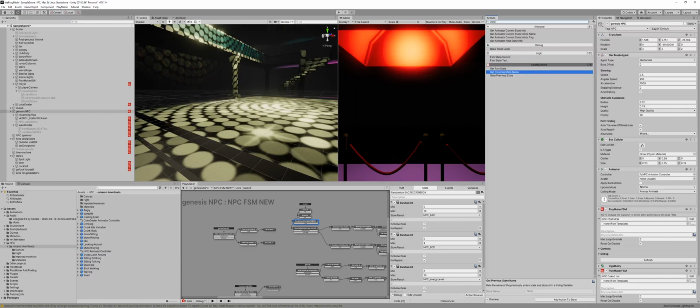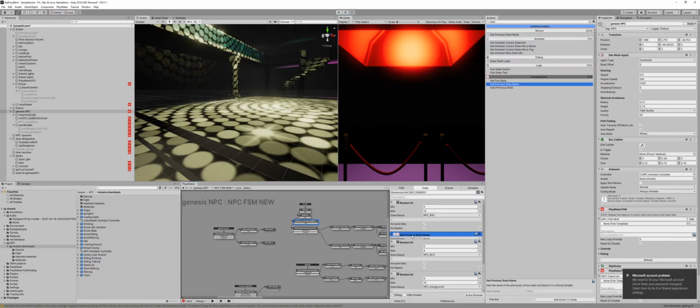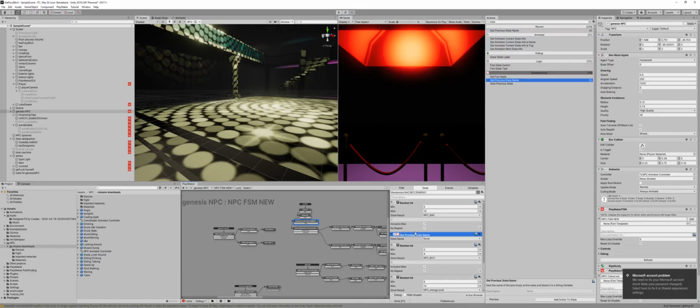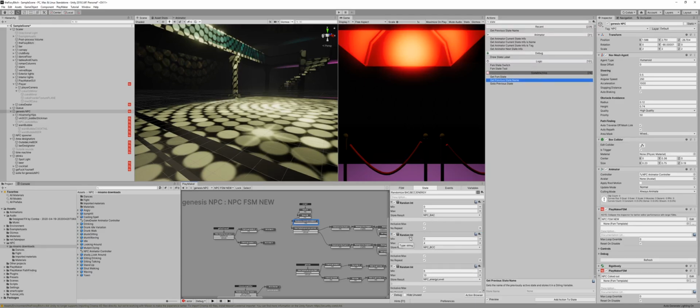Woo. What are we looking at here? 2.5 hours? Okay, get previous state name. What does it look like? Does that mean I just have to put this in every state? Or I guess you could just put it at like checkpoints, huh? So